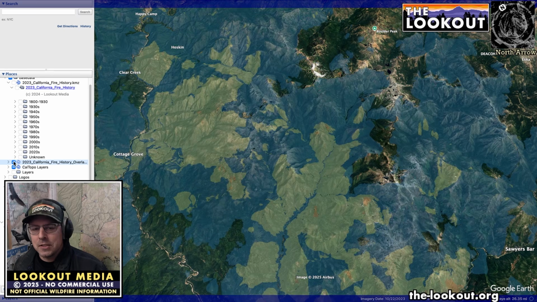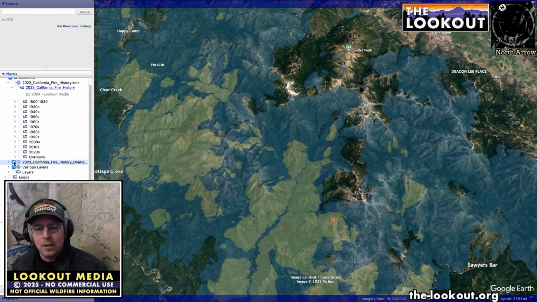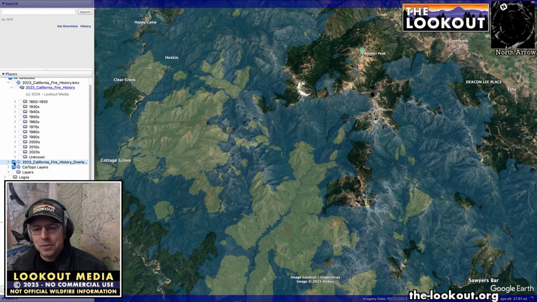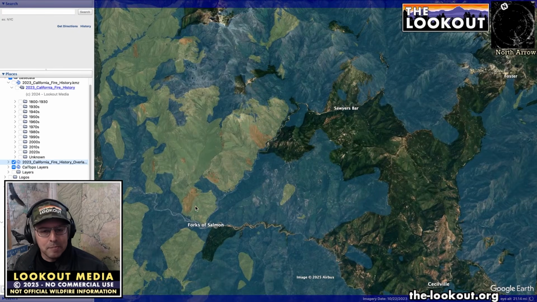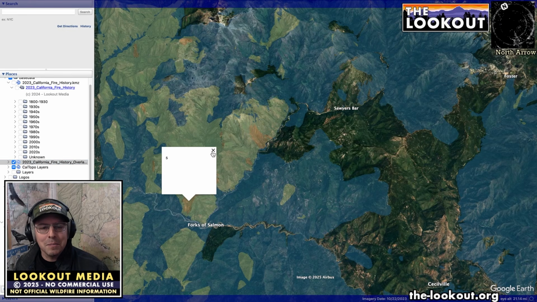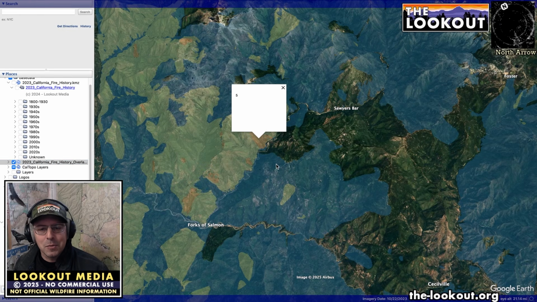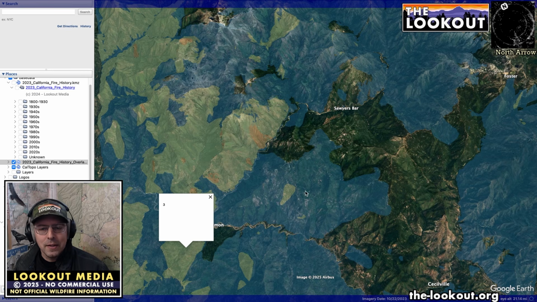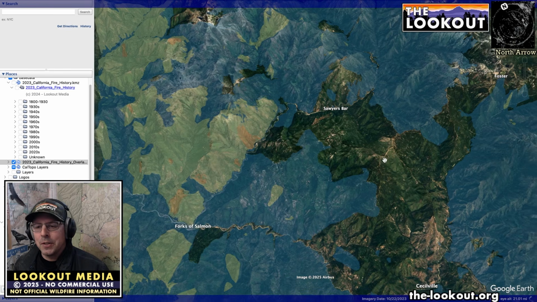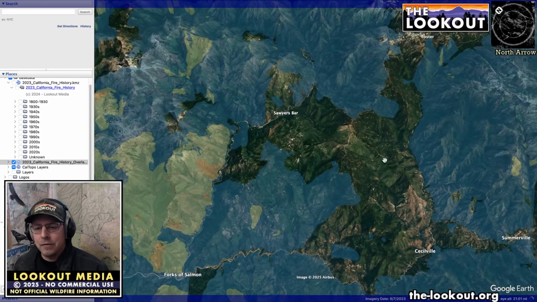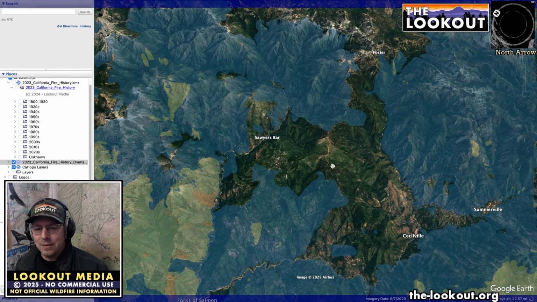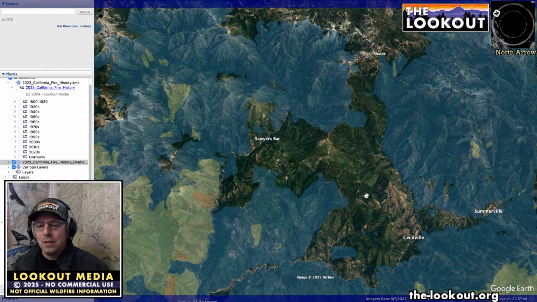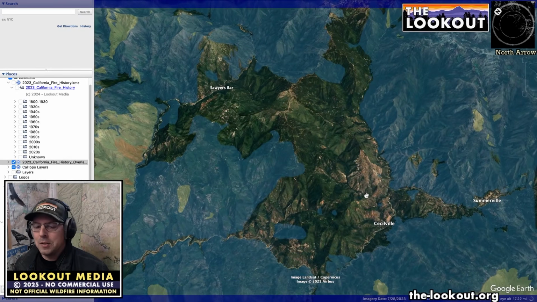So here's another visualization where I've taken all those fire history layers and overlapped them and counted the overlaps. And so I can look at the same area and say, hey, there's places here in the Salmon River that have burned 5 times in the last 100 years. This place has burned 5 times. This has burned once. And so if I have a fire starting out here, I know it's burning in heavy fuels in an area that's way out of its natural fire regime because of lightning and native people starting fires here. We should have had 6 or 7 or 8 fires in the recorded last 100 years, but we haven't. So therefore the fire is likely to be more destructive